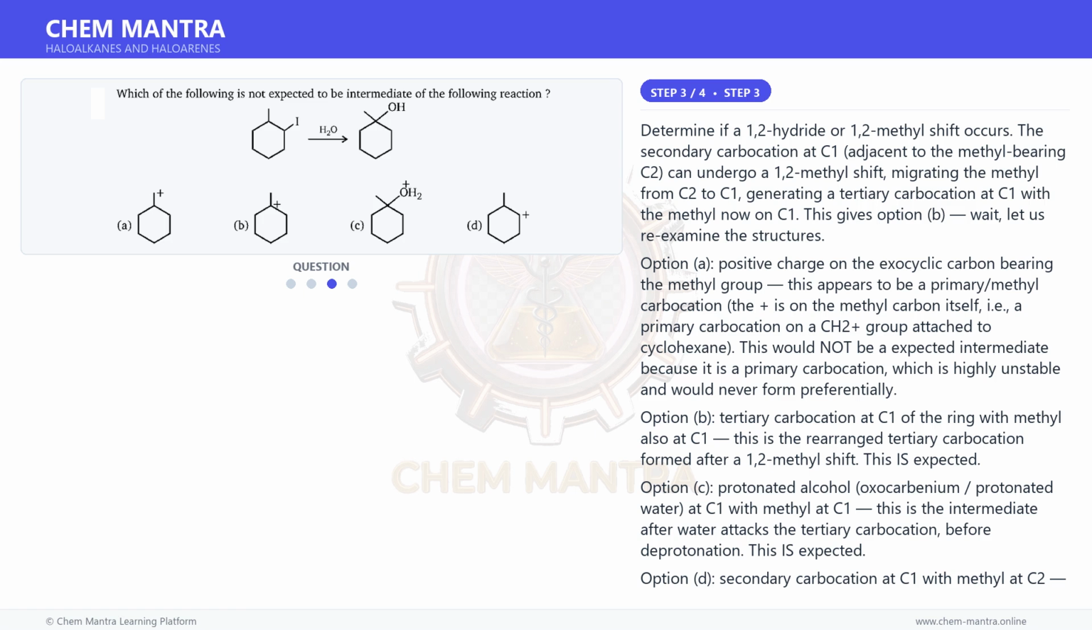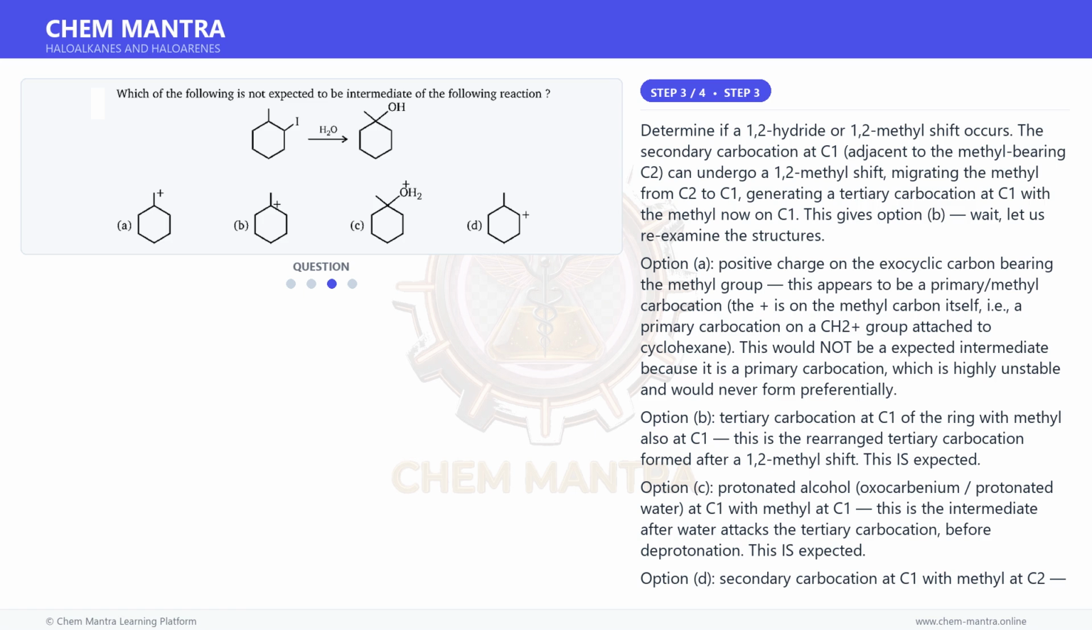Option A. Positive charge on the exocyclic carbon bearing the methyl group. This appears to be a primary methyl carbocation. The plus is on the methyl carbon itself, i.e., a primary carbocation on a CH2+ group attached to cyclohexane. This would not be an expected intermediate because it is a primary carbocation, which is highly unstable and would never